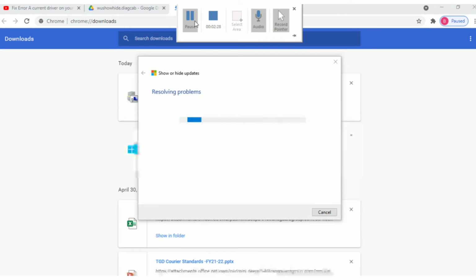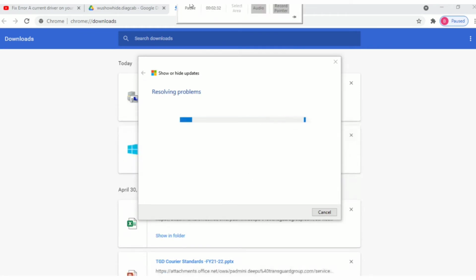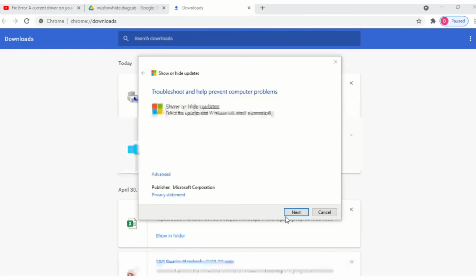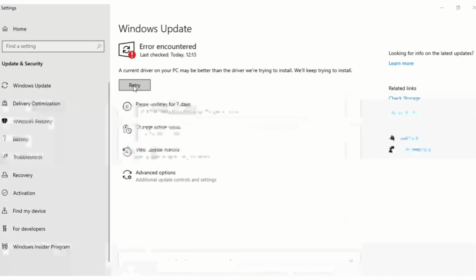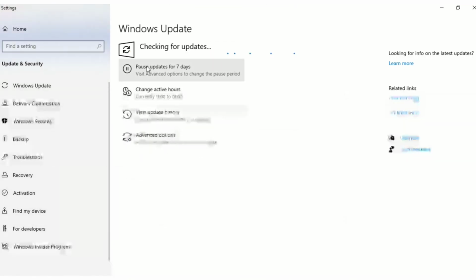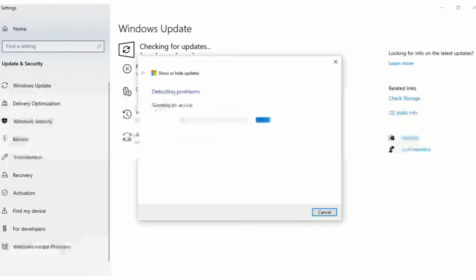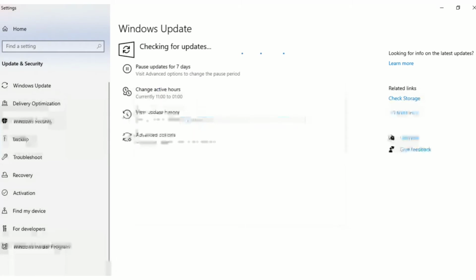Okay, and it's loading to rectify the problem. Let's see whether it's rectifying or not. Yeah, it is rectified. Okay, detecting the problem, it's rectified. Then right now it will take time. Each and everything you're clearing the problem, right? Still it is not showing updated. Why? Because we need to rectify those three problems, after that only it will be updated. That's the reason it is showing red color.